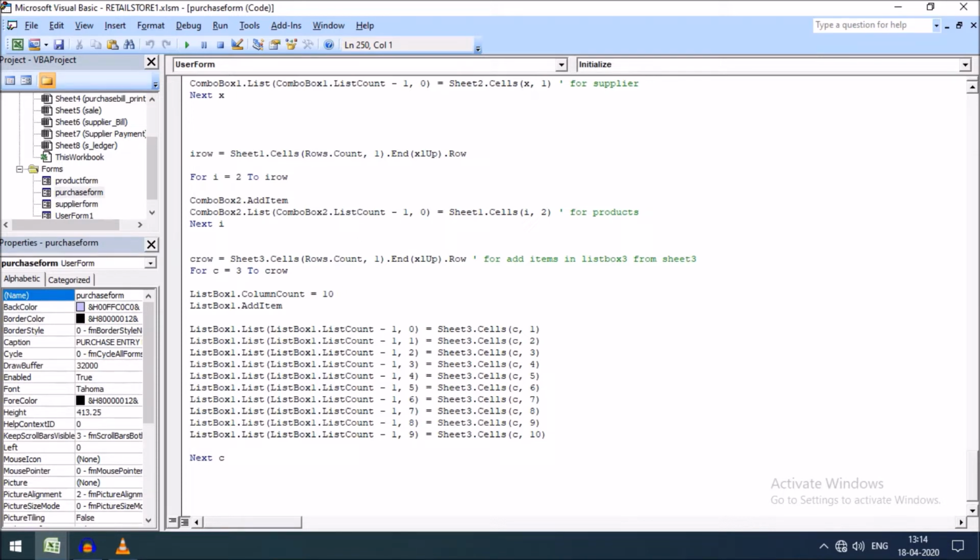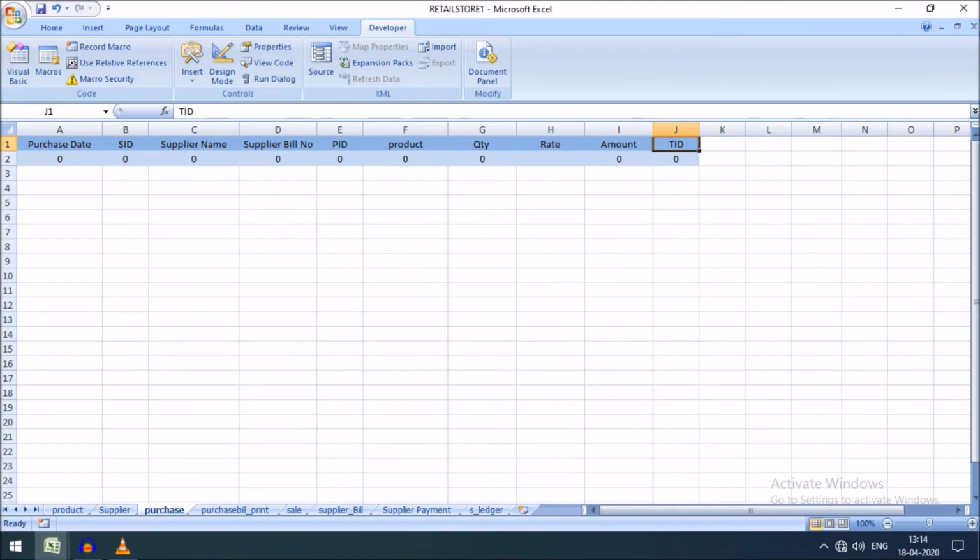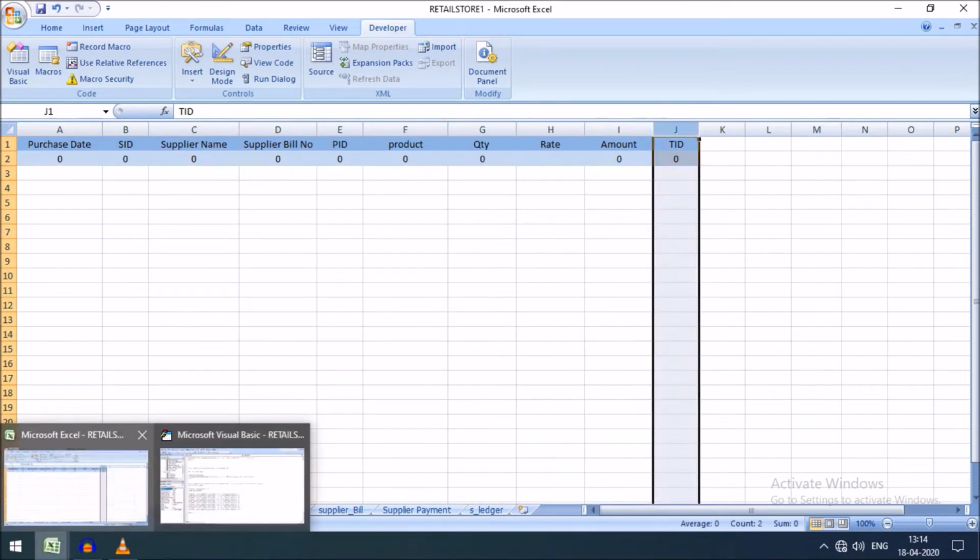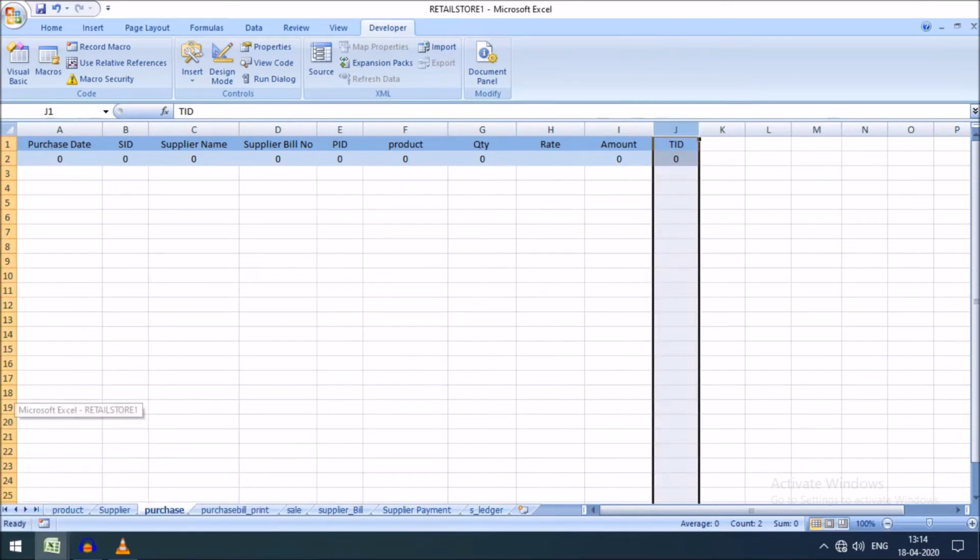ListBox1.ColumnCount is equal to 10, because you can see 1, 2, 3, 4, 5, 6, 7, 8, 9, 10 columns. Sheet 3, our purchase sheet, contains 10 columns.